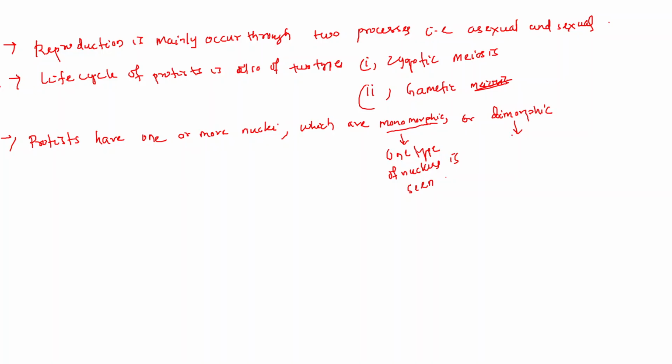Two different types of nucleus we can find in dimorphic protists. One nucleus will be small in size and one nucleus will be large in size, and those two types of nucleus are called as the